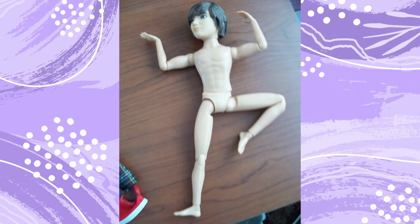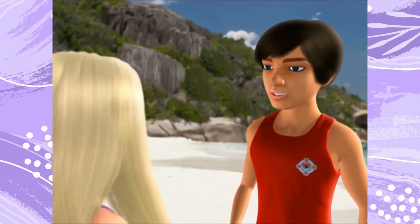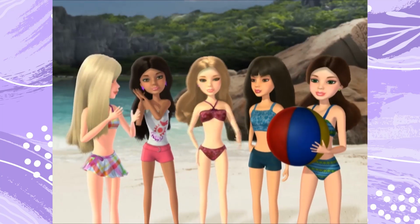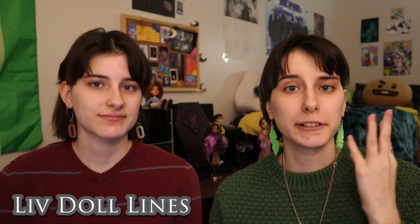He had the same articulation as them, which is a good thing. I'm glad they didn't cut out the articulation for him. Right. And he was a lifeguard who dated Katie, as we mentioned 100 times before this part. And weirdly, when watching the webisodes, all of the Liv dolls liked Jake. Which is all of them, but he was dating Katie, so why would they? That's weird. Now we'll briefly go over all of the lines Liv Doll released in their three-year run,